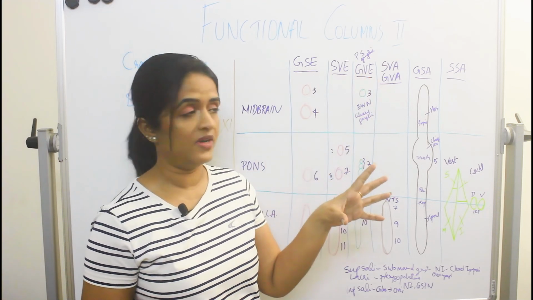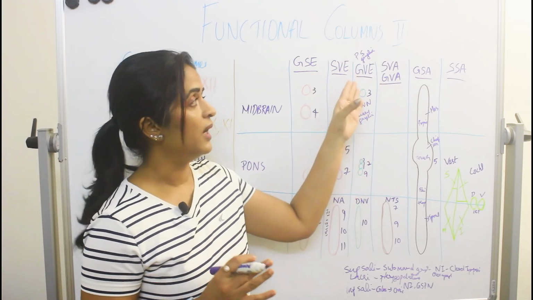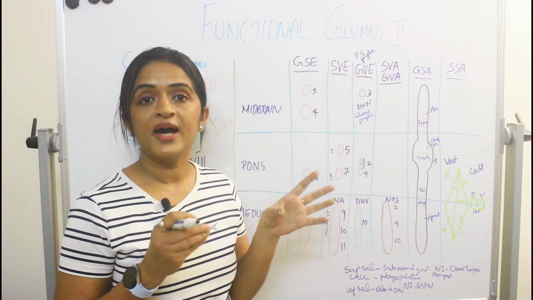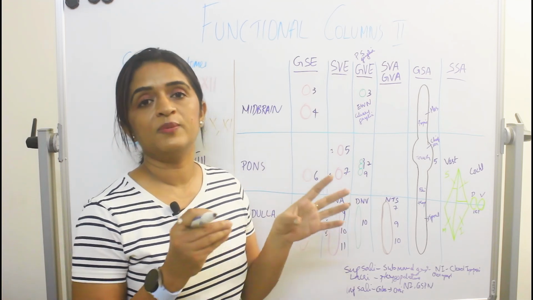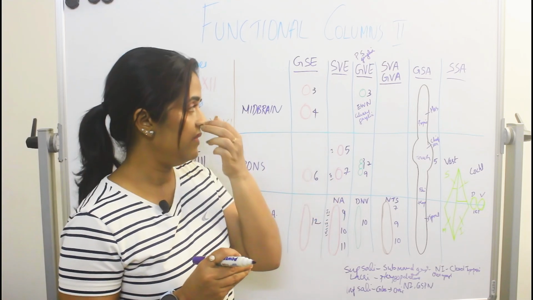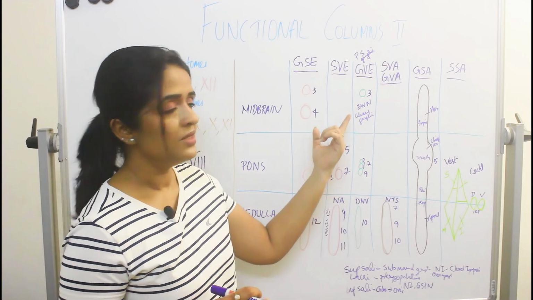General visceral efferent. So what is it dealing with? When we think about general visceral efferent, they are giving off the parasympathetic information to the parasympathetic ganglia in the body. Okay, parasympathetic ganglia. So when we think about the parasympathetic ganglia in the body, we know the ciliary ganglia, you